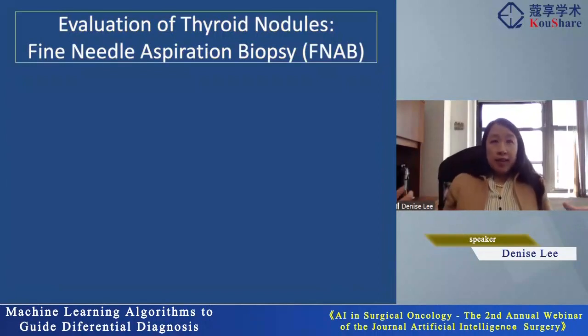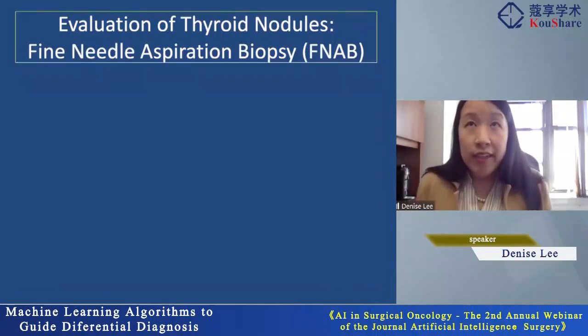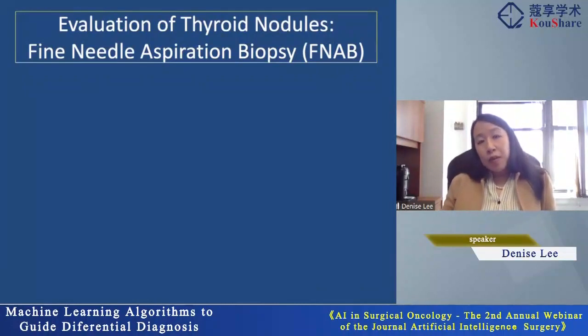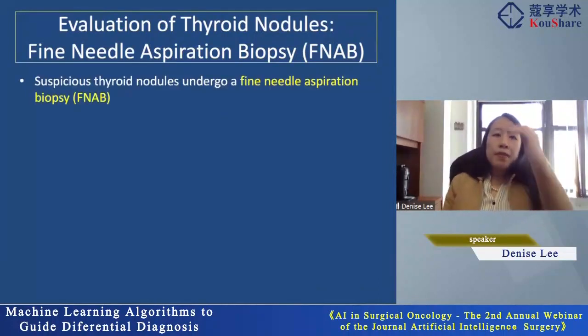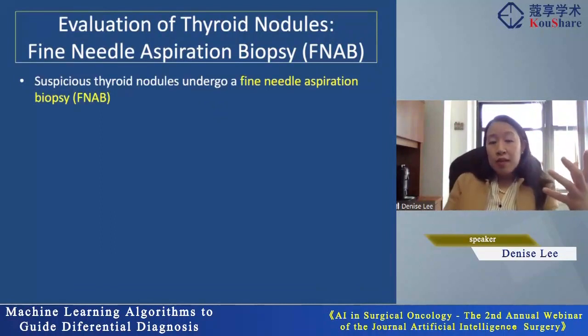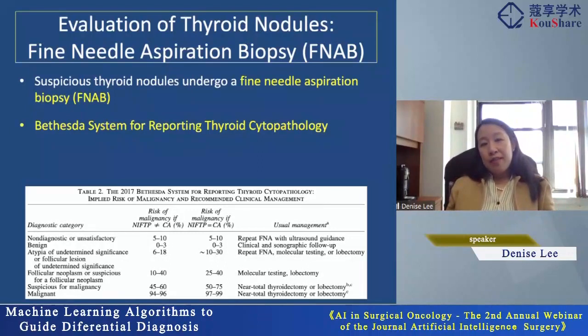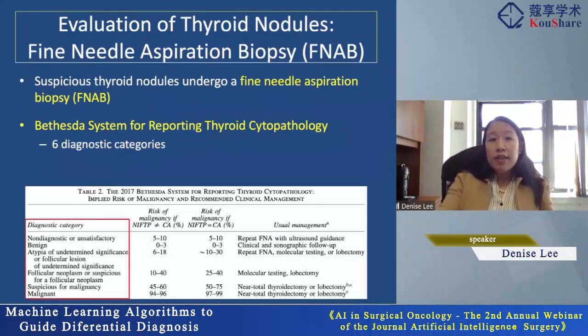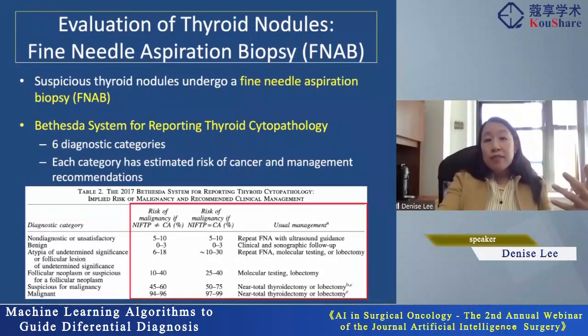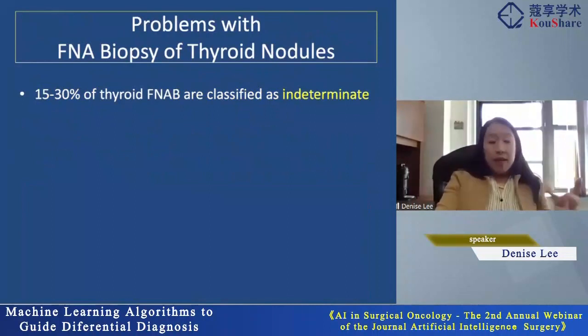So the next step in our diagnostic workup for differentiating benign from malignancy is, of course, doing the FNA biopsy. As I've already described, suspicious nodules undergo an FNA. Cytopathologists report FNA biopsy findings according to the internationally standardized Bethesda system for reporting thyroid cytopathology. There are 6 different diagnostic categories, and each diagnostic category is given a risk of malignancy as well as management recommendations. Of course, FNA biopsies are not perfect. 15 to 30% of biopsies will actually